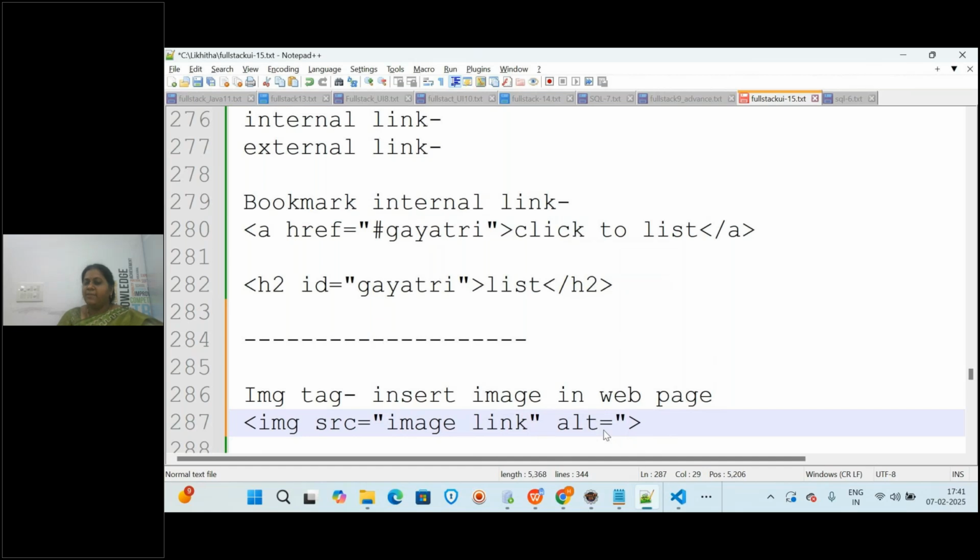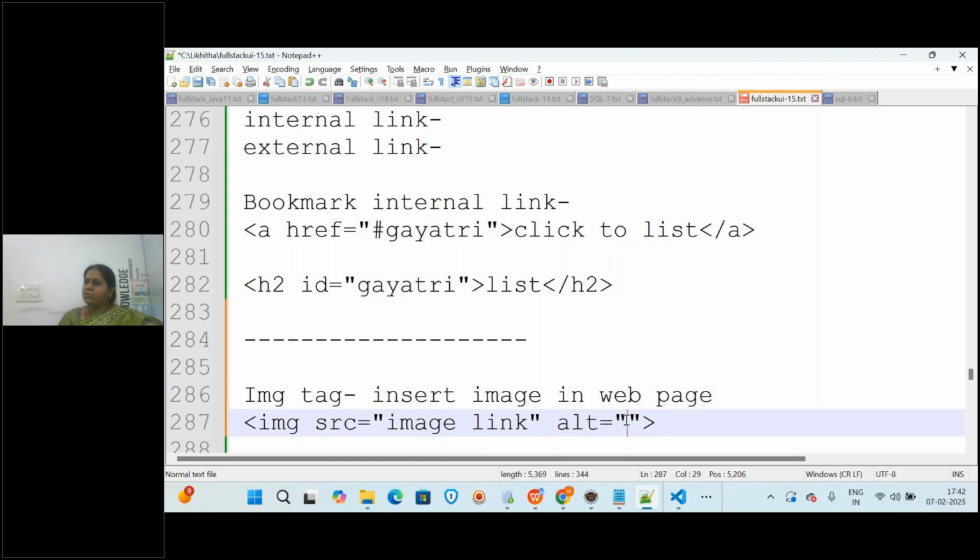Suppose the image is not there at that location, or by mistake you gave a wrong image path, then some text has to be displayed alternatively. Alt stands for alternative. In any case if the image is not displayed, this alternative text has to be displayed.